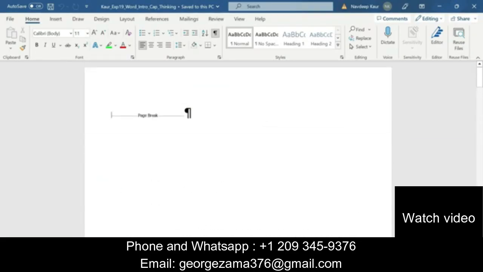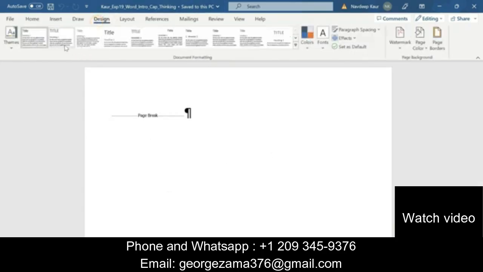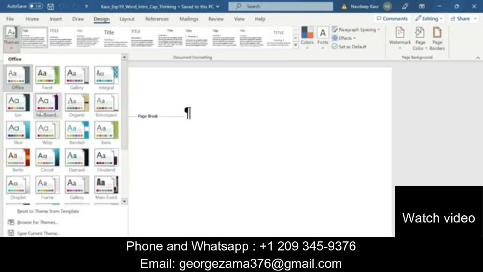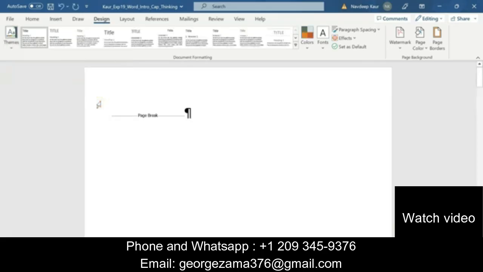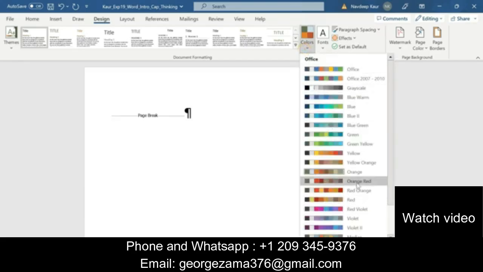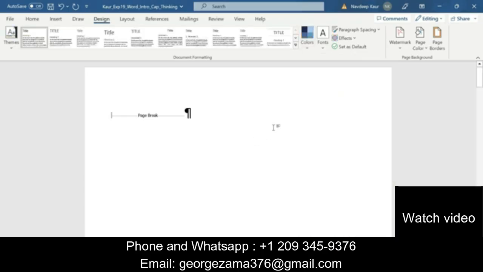solution file and we are supposed to change the document theme to Retrospect. For this we will click on the Design tab. This is the Design tab, and we can change the theme from here. We are supposed to use Retrospect, this one. So we will change the document theme from here, Retrospect, and we will change the document color to Blue Warm. So let me look for the blue one. This is the blue one, this one. And now after this,